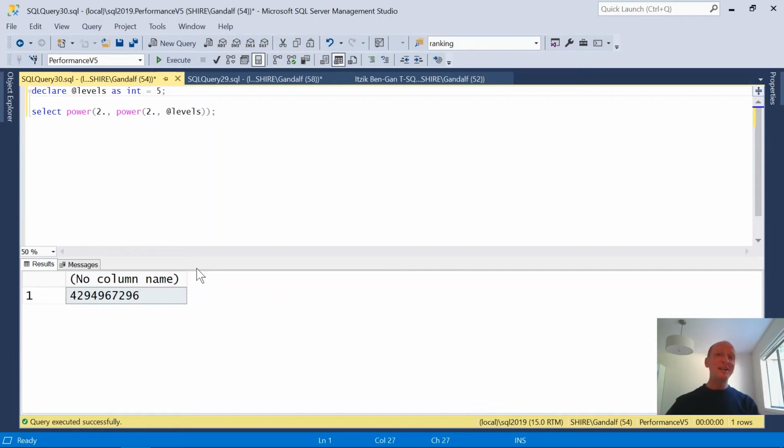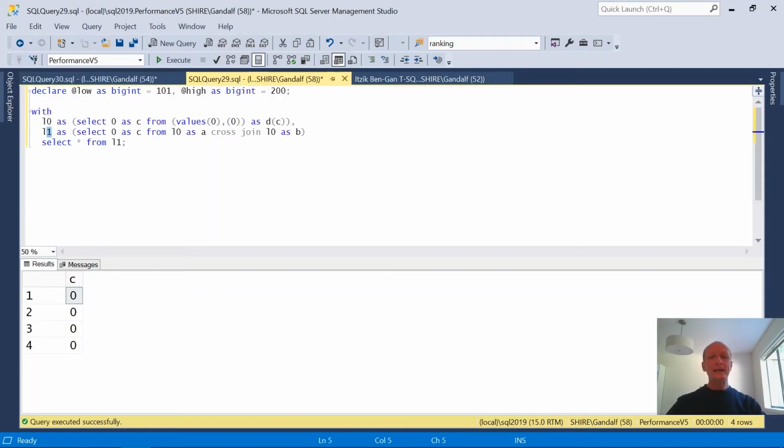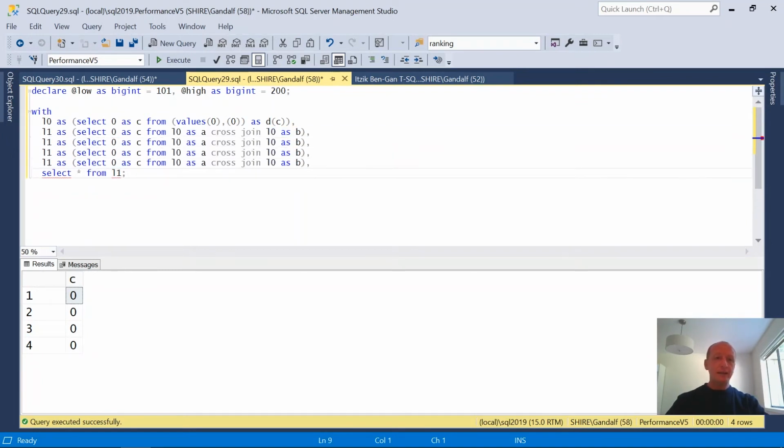Very unlikely that you will need more than this, but you know what? If you do, go 6 levels. And I doubt you will need more than 4 billion squared, let's say. At any rate, how do we implement this series? Well, we'll take a separate CTE for each of those levels, and let's go ahead and assign them with increasing numbers and